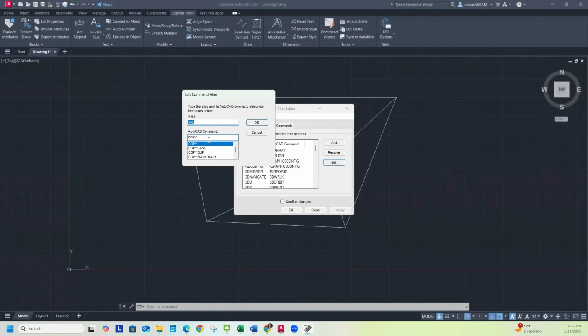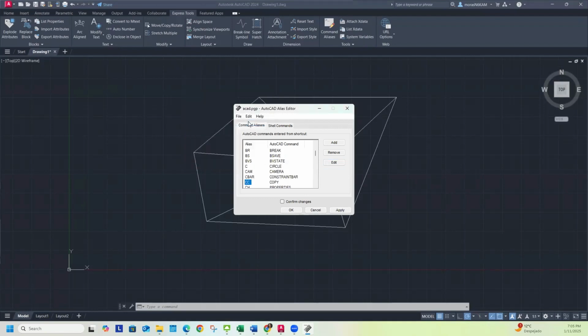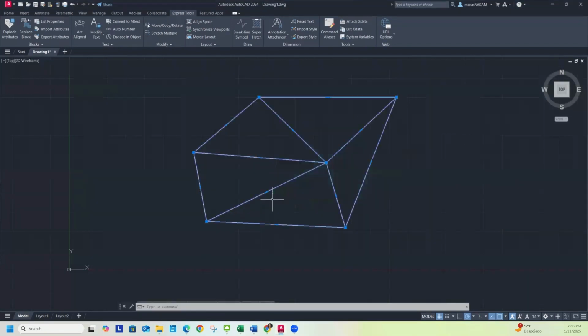And I could change it to, I can't change it to C because C is already being used for circle, and I also want to use C for circle. So I'm going to change it to CC because I could just click that twice, press spacebar for enter, and I can easily copy things because I use copy quite a bit. So I'm going to say OK. So now when I do this, I can do, oops, I did one C, I could do CC,